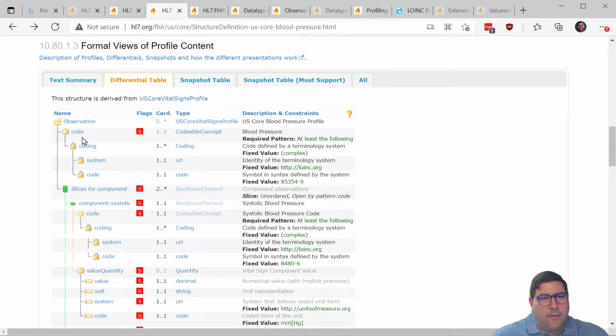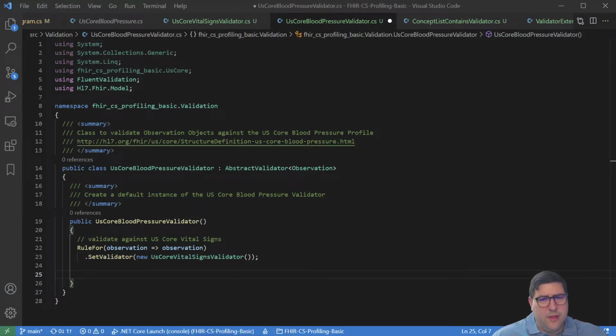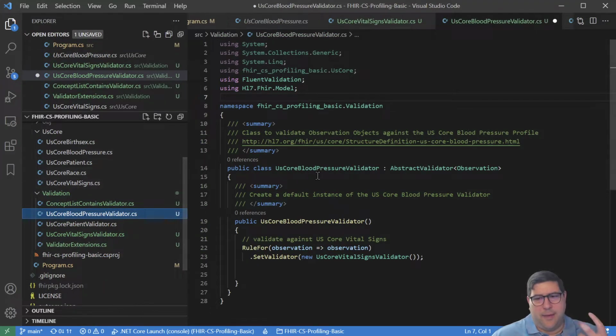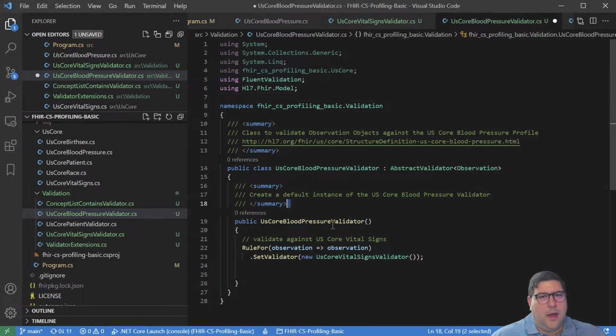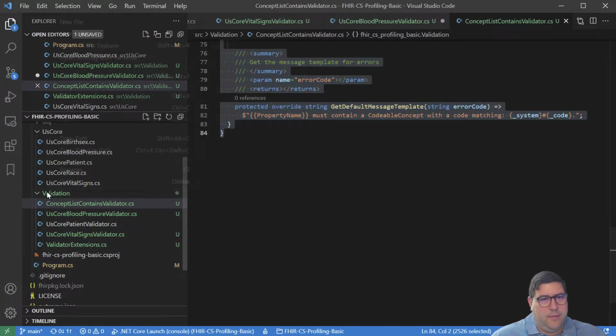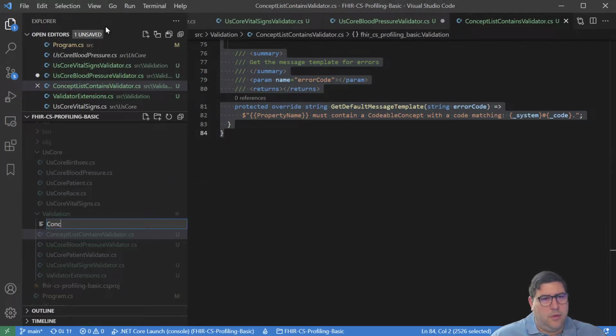So what do we have? We have similar things here. We want to also check the observation code, and we want to see if this has. Now, this is a little more interesting. This is not a concept list anymore. This is just a single codable concept. So we're going to have to do the same thing that we just did, but we're going to do it on a concept instead of a concept list. Now, the nice thing is we can just take our concept list contains, copy it, do concept contains validator,